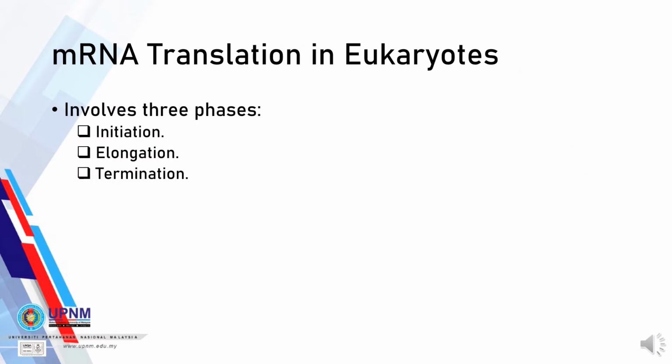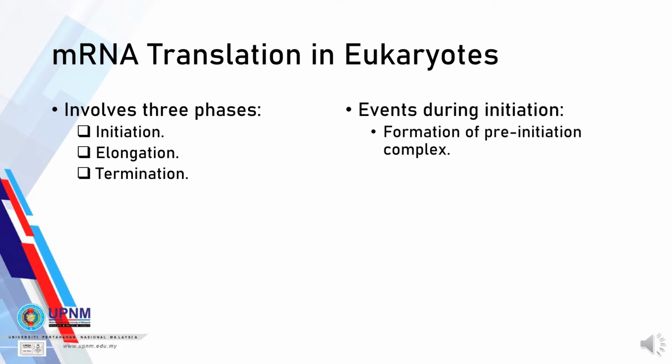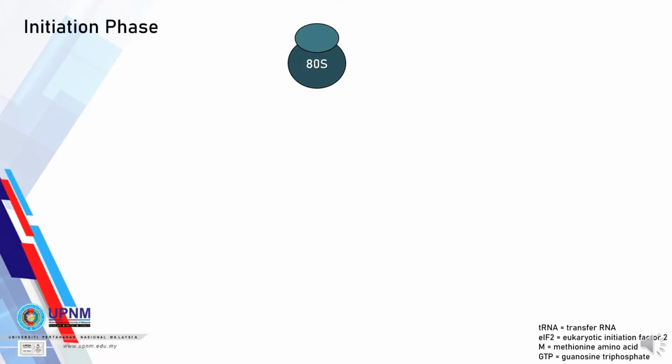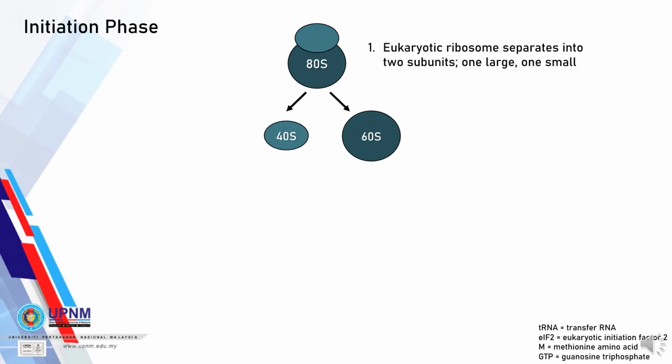Next, we will learn about the mRNA translation process in eukaryotes. This process is very similar to mRNA translation in prokaryotes. It involves three phases: initiation, elongation, and termination. During the initiation phase of mRNA translation, there will be formation of the pre-initiation complex, activation of mRNA, as well as formation of the initiation complex. First, the 80S eukaryotic ribosome will separate into two subunits, one large, 60S, and another one small,